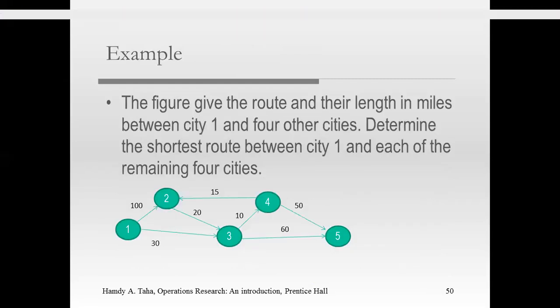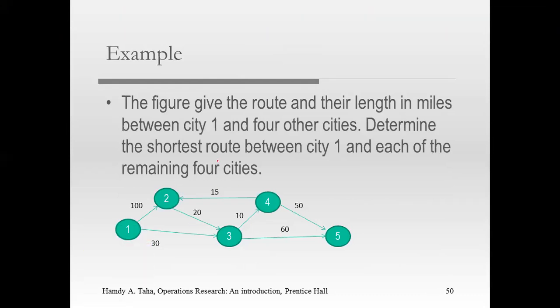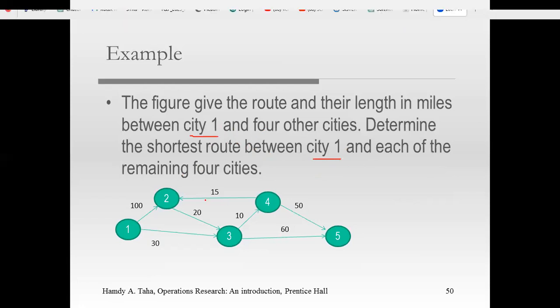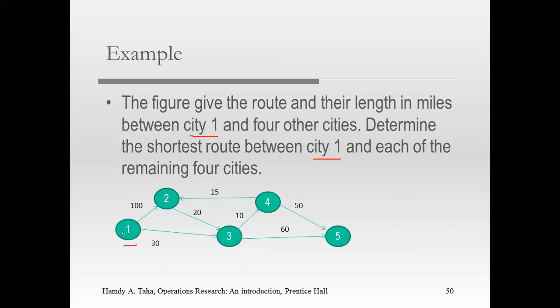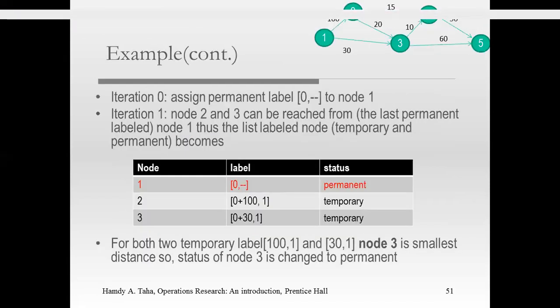Okay, so this is the example. Here, we need to connect city 1, this is the starting point, to 4 other cities. Determine the shortest route between city 1 and each of the remaining 4 cities. So this is the starting point. You can see from 1 can go to 2, but from 2 cannot go to 1. You see the arrow. If we have an arrow, it means one direction. And the value on the branch refers to the distance. Okay, the iteration